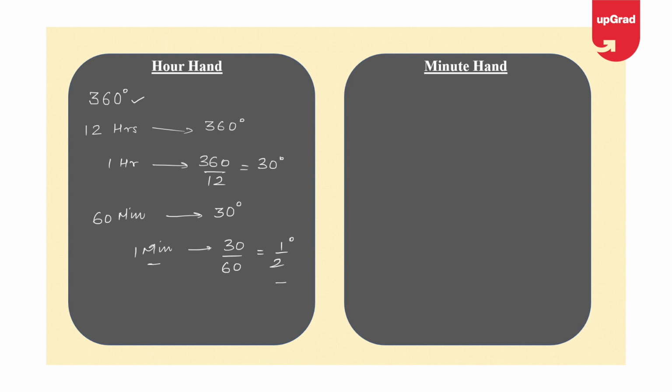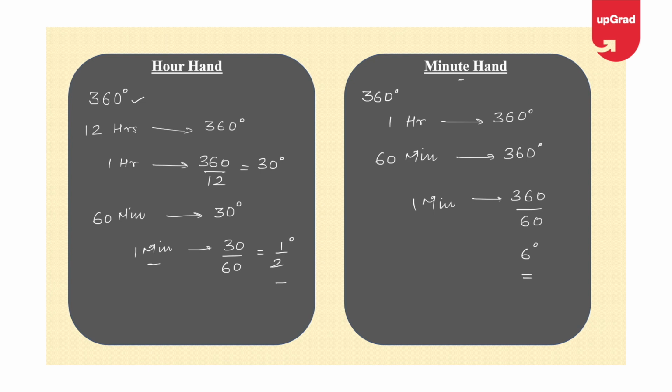Let's come to the minute hand. Still, the circular round is 360 degrees. But over here, the minute hand takes how much time to cover this 360-degree round? This data becomes different because in every 1 hour, the minute hand covers a 360-degree round. Therefore, in 60 minutes, which is nothing but 1 hour, it is 360 degrees. And hence, in 1 minute, it is going to be 360 divided by 60, which will give me 6 degrees. So this is what I am going to focus upon.